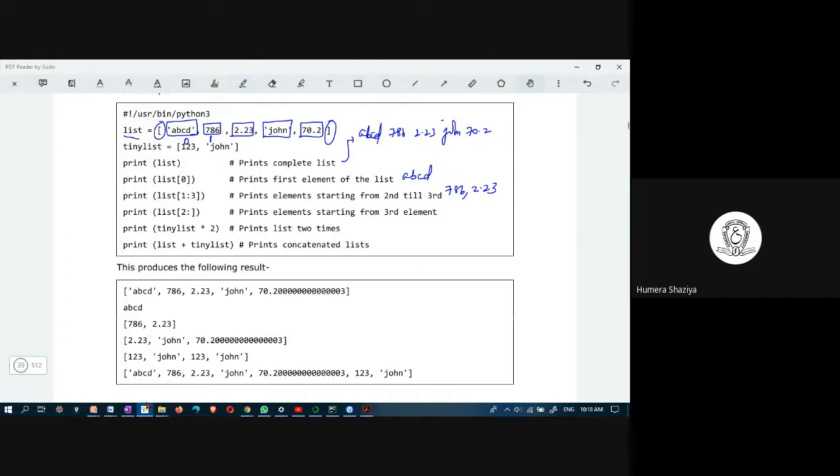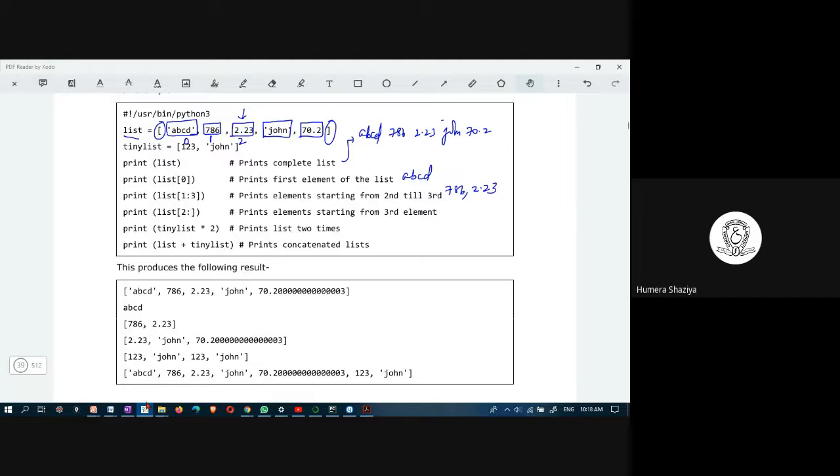All right. And then 2 colon means start with 2. From here it begins up to the end. Okay, here. And then tiny list into 2 means print 1, 2, 3 John twice. Here you see 1, 2, 3 John, 1, 2, 3 John.